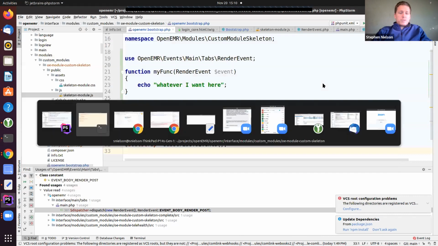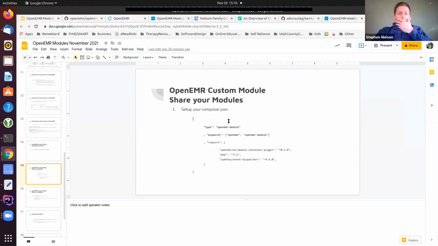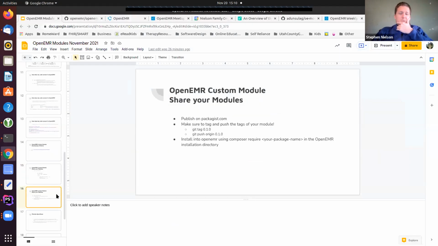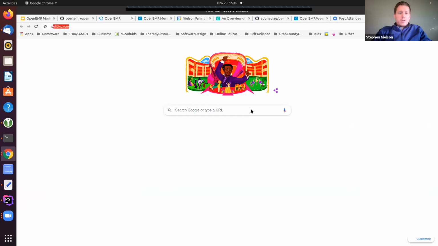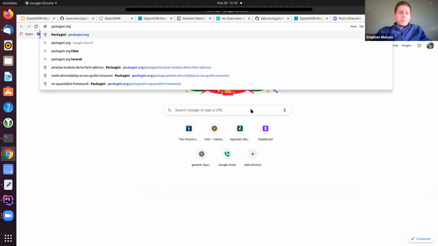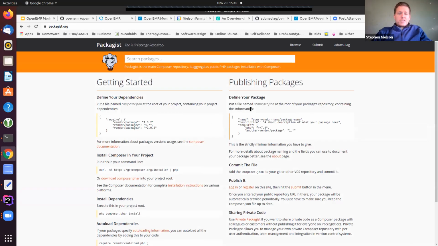My hope is that you'll share them as we have a broader community and we can start sharing them. You can just email people different modules and files, but put it on packagist. So create a packagist account if you don't have one. Actually, we don't want packagist.com, we want packagist.org. Packagist is where all the Composer libraries come from.